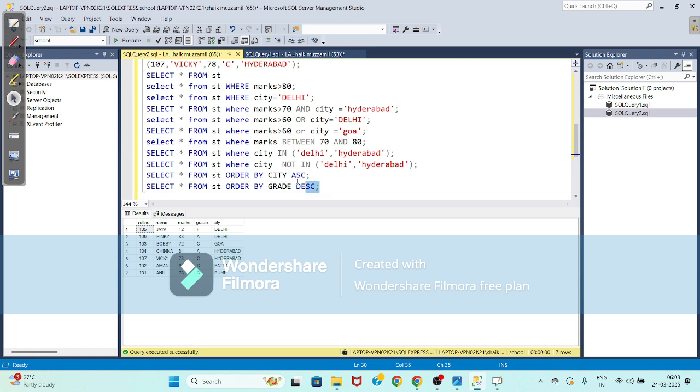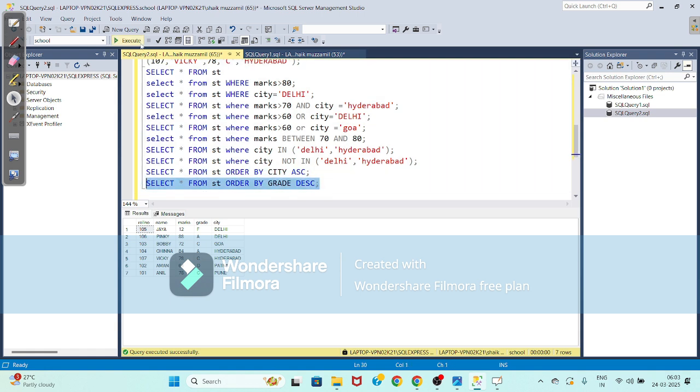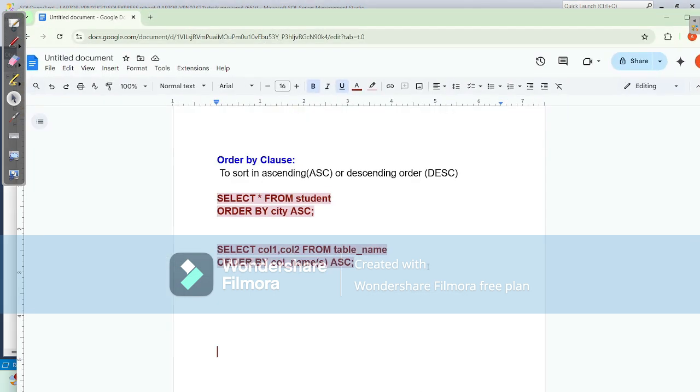Okay, now when you execute this, the grades come in descending order here, from F D C C C A. Okay, the order comes from up to down here. So these are the commands that have been used here.